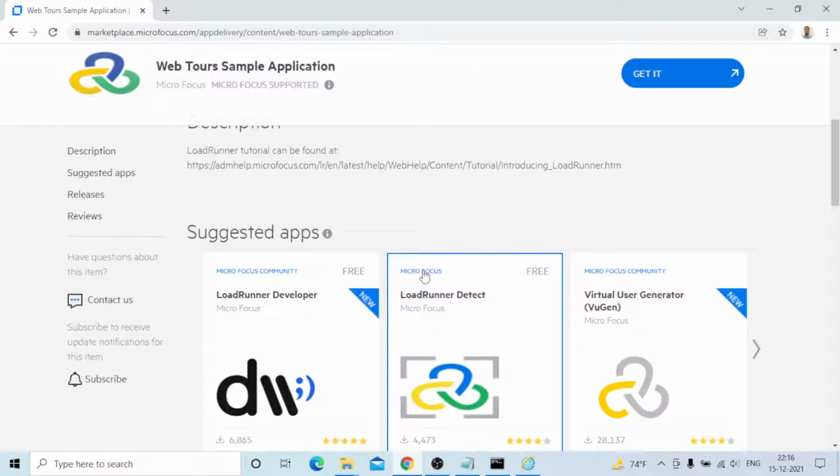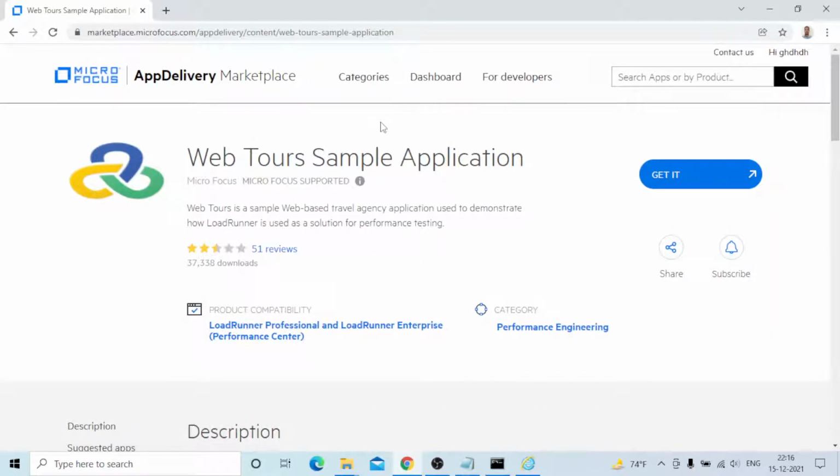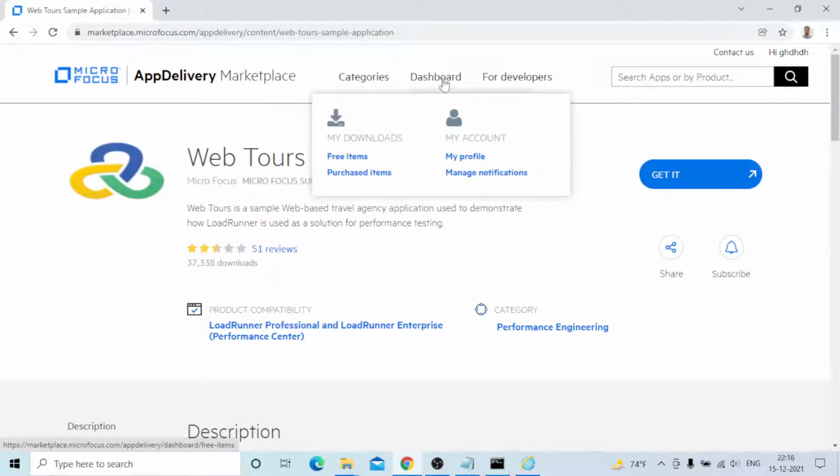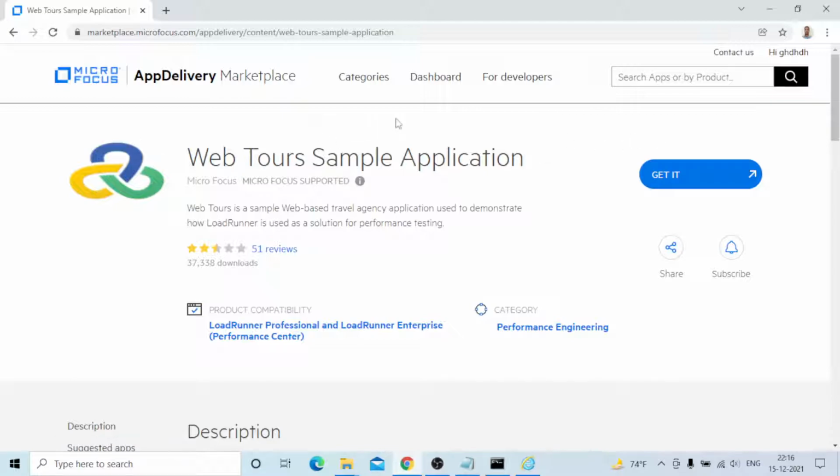After that, you go to App Delivery. Okay, there is one place called App Delivery. You can select it and search for the Web Tours sample application.